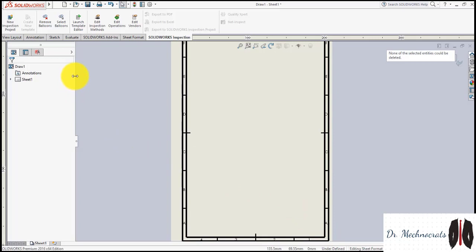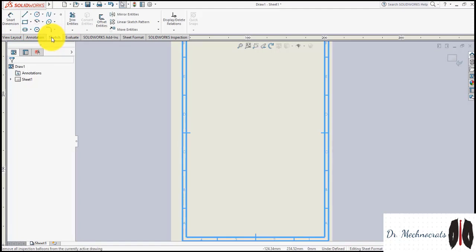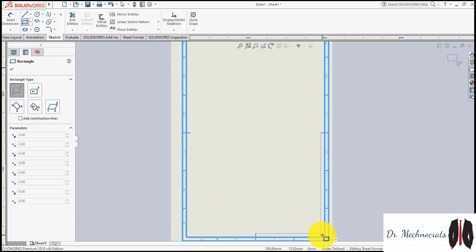Right. So to draw the title box, we have to use the sketch command. See, in drafting we have to use this sketch mode, right. These are the commands. The first one is smart dimensioning, second one is the line command, corner rectangle command, straight slot, polygon. All those commands we use during the drafting of the first experiment, that is the pulley. So first we will draw the title box. You have to just click on the corner rectangle and start with the left corner.